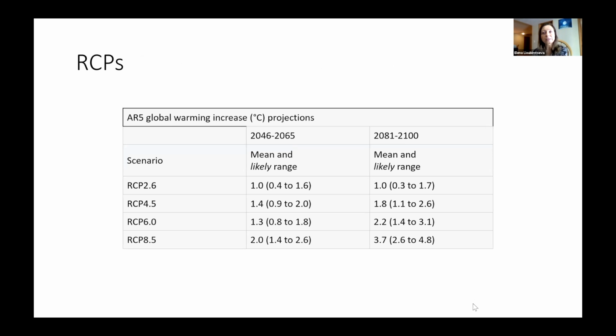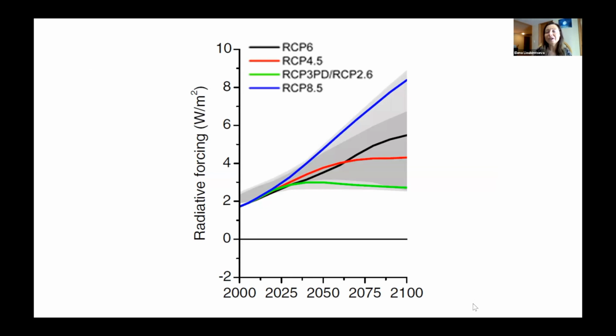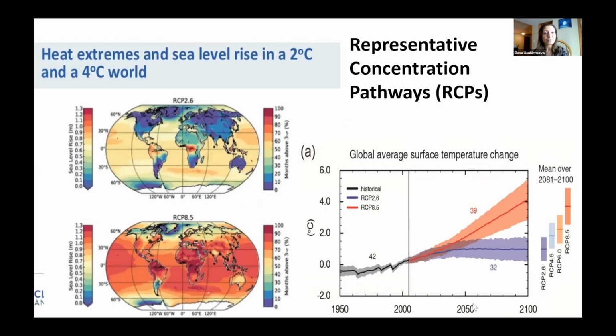And so in the exercise today, I will take you through a few different scenarios so that you can actually play around with them and see if it might be useful in the classroom. Because then you can see the differences between very benign scenarios such as RCP 2.6, which is very unlikely, unfortunately, very nice and cool scenarios, versus RCP 8.5, which is essentially the business as usual scenario where we're heading right now, unless we start drastically cutting our dependence on fossil fuels.